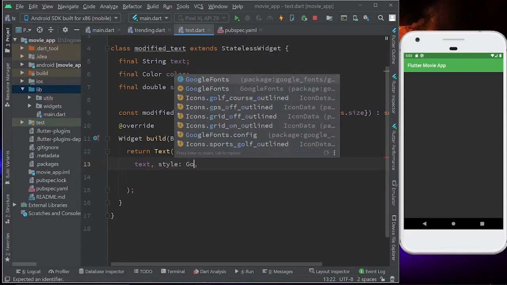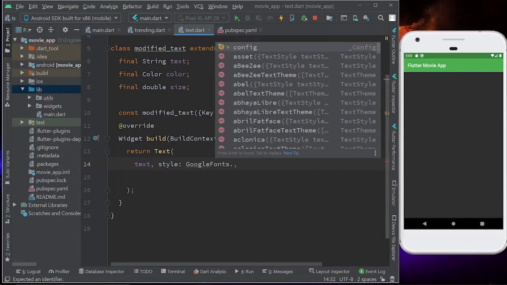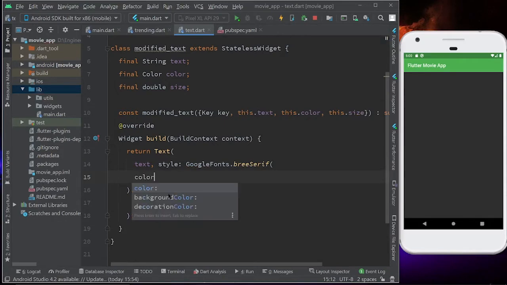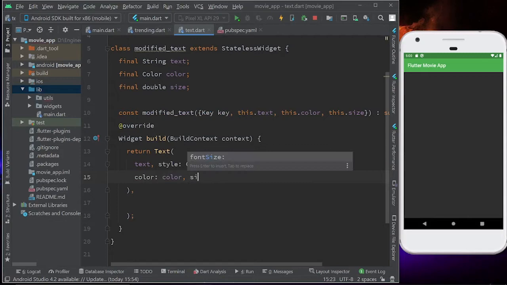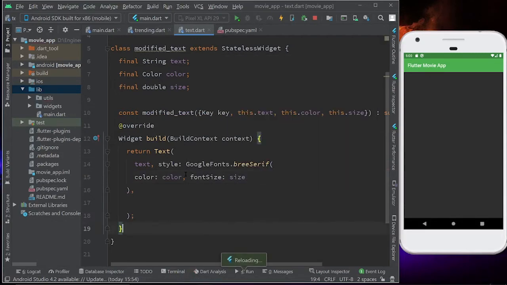So in the style I'm going to define a Google Fonts dot I have chosen a font called Bree Serif because this gives a very good look to my movie app, right? It gives a very authentic look. So in this Bree Serif, I'm going to define a color. Color will be the color that we have received above, and font size will be the size that we have received above. Let's save it, and we have to change the font of this app bar.